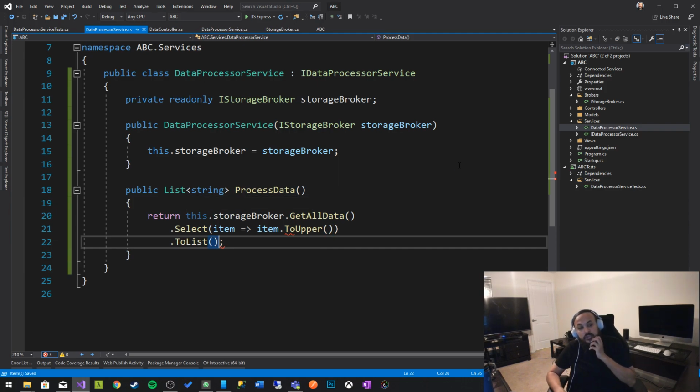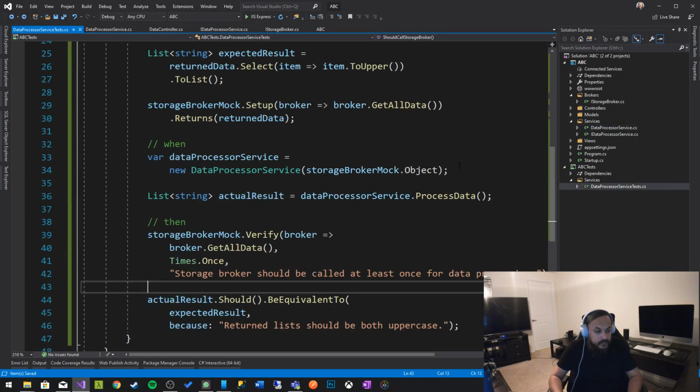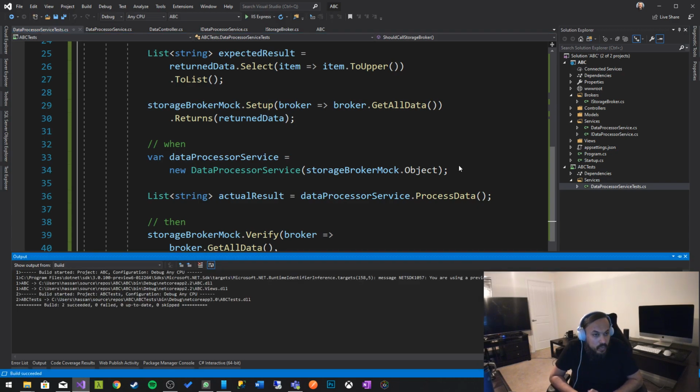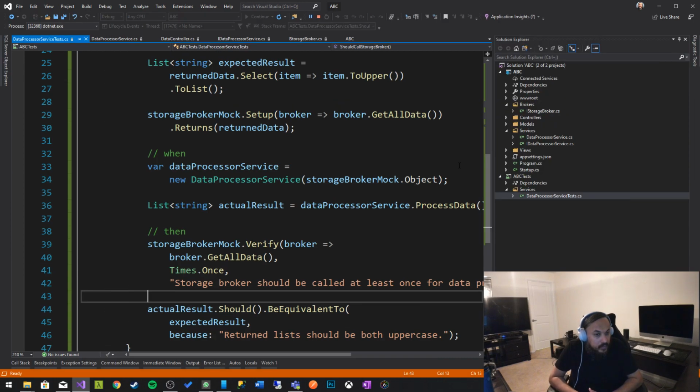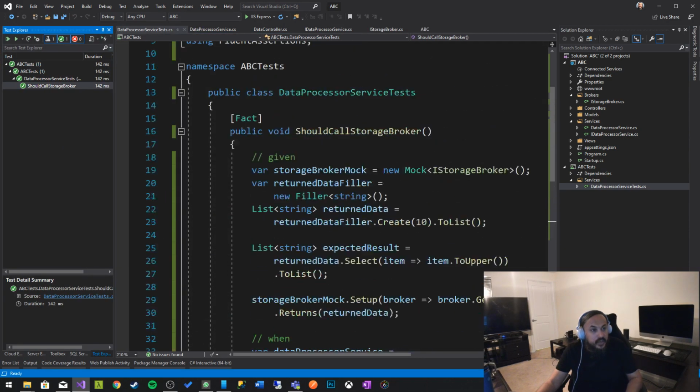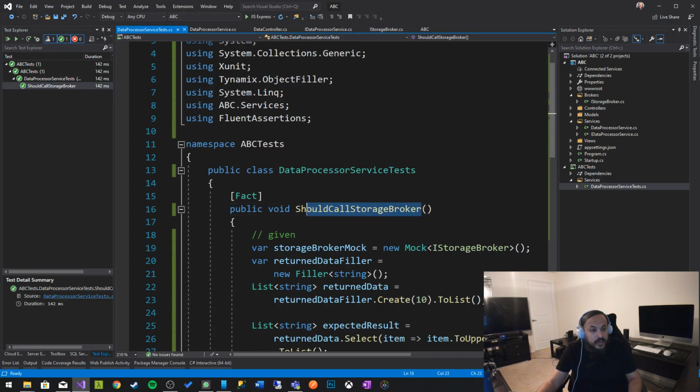So that should do the business logic part for us. Is that the case? I don't know. Let's go find out. It passed. The test has passed because now the business logic is in place,